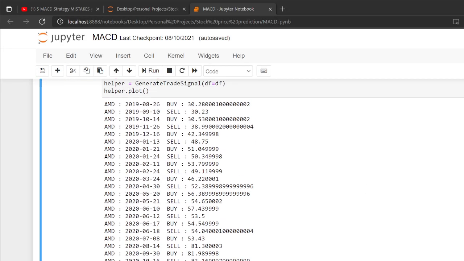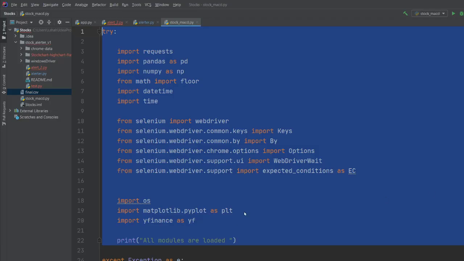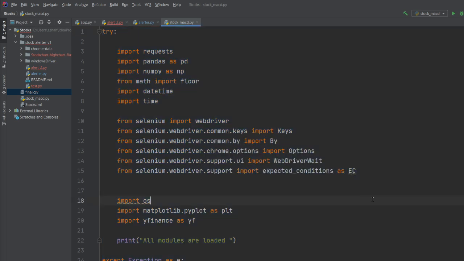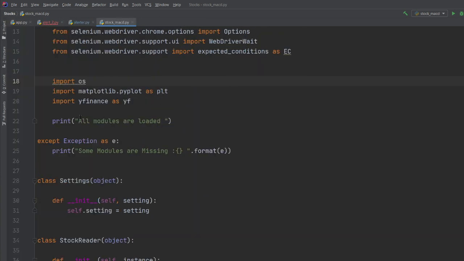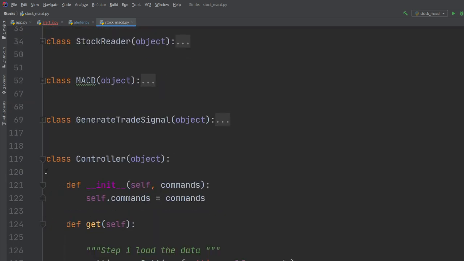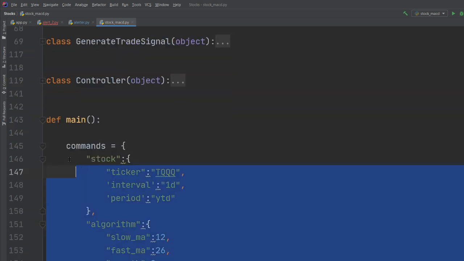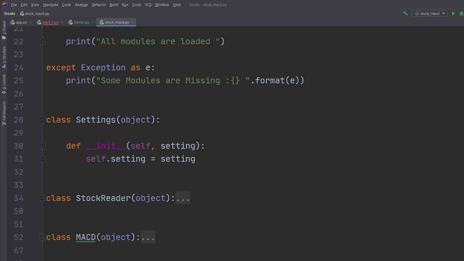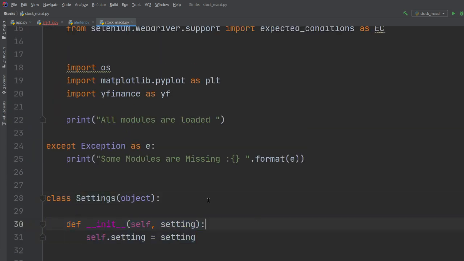So how do I even program this now, right? Let's see it a little bit in action. First of all, I have all these classes, so I'm just going to explain how things work. First of all, I have a settings class. My goal was to create all the settings that a particular class would take. So this is my settings, where I define: this is the ticker, interval 1 day, period over a year, algorithm. So I defined all my parameters, hyperparameters here. Essentially, this class encapsulates all that data.